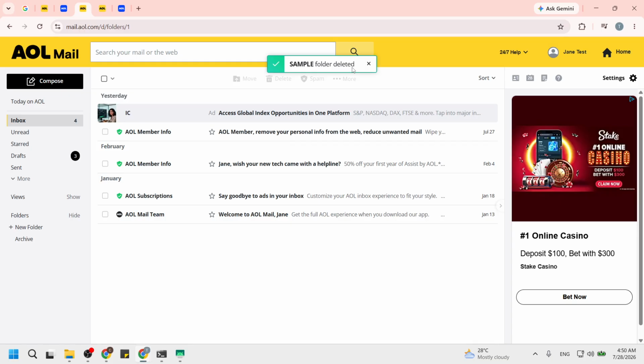system folders like Inbox. You have now signed into AOL, found your custom folder, and deleted it from your folders